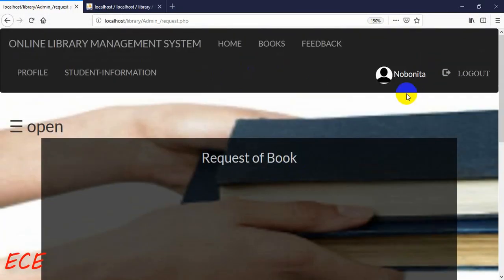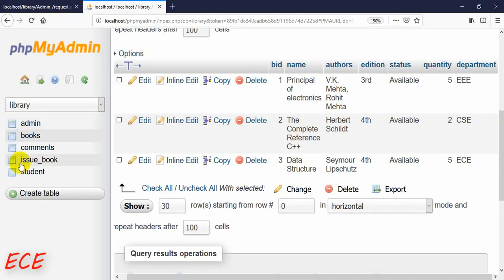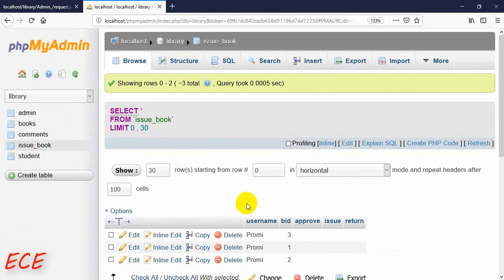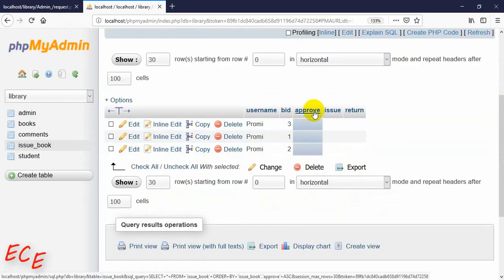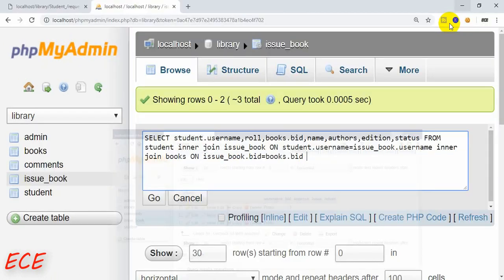So this is our request for book. So there in this table we will only see the request, and we don't want to see the other information, that which book has been approved to which student who has issued the book or other things. So if we want to see the request, our approved status will be blank. So we need to write it like this,